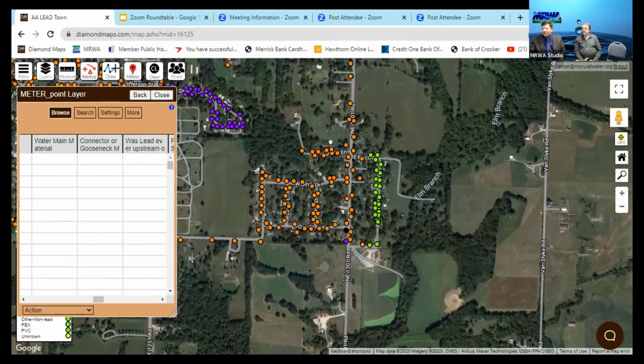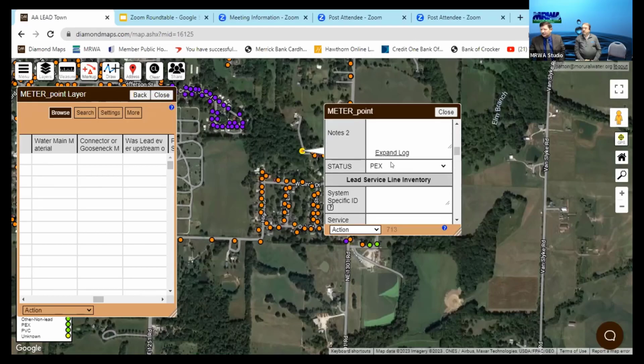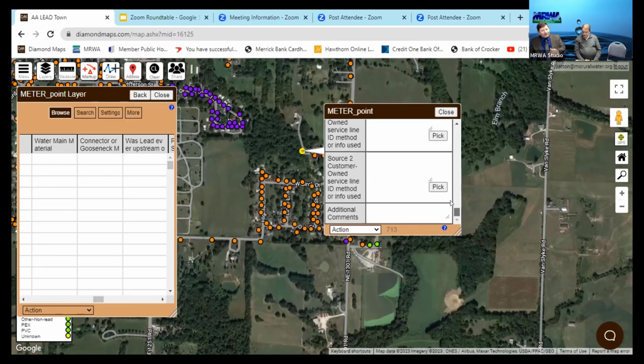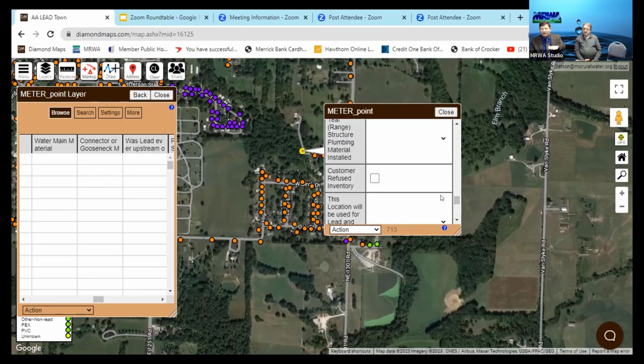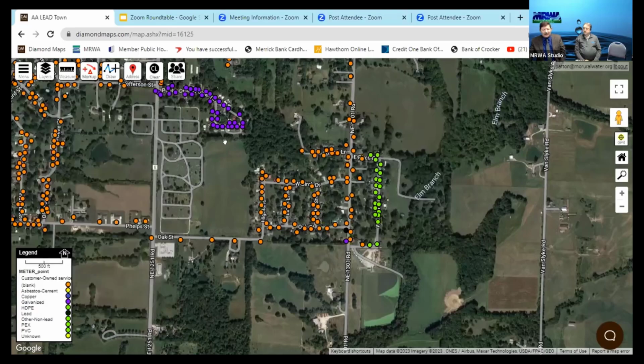The inventory sheet starts right here and works its way down, and it's an exact copy of what you would get from DNR. The drop down menus work exactly the same. And when you get done using this, at any time you can transfer this from this mapping back into the Excel spreadsheet that DNR wants.